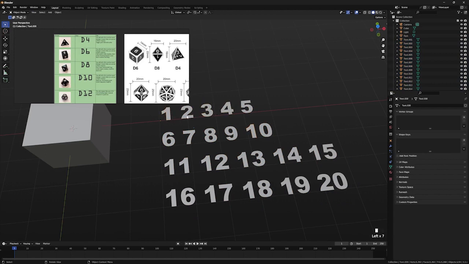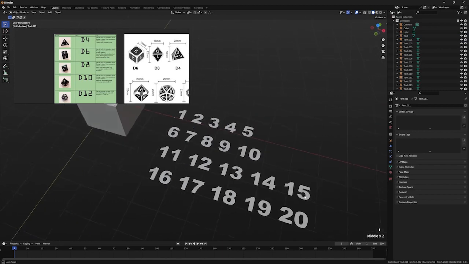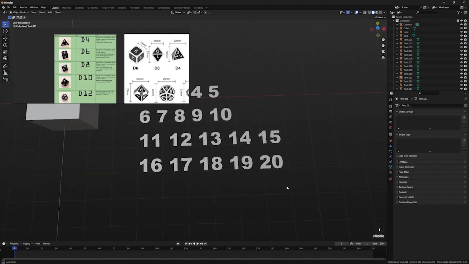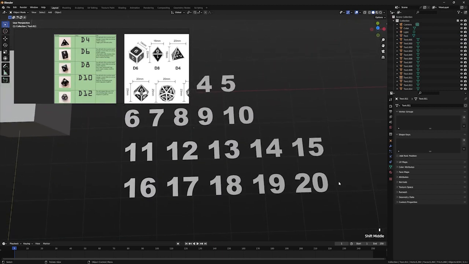And they're kind of in a mess right now. As you see in this collection, the number doesn't really align to the text that they display here. And just to make things easier for ourselves in the future, let's rename these objects and merge them while we're at it. So starting with 20,